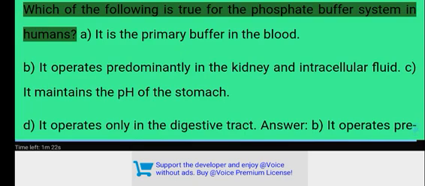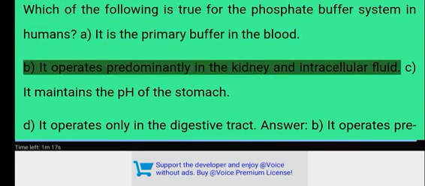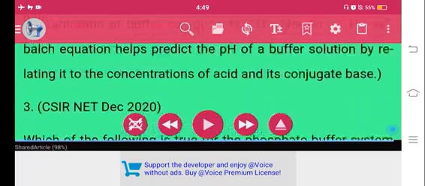3. CSIR NET December 2020. Which of the following is true for the phosphate buffer system in humans? A. It is the primary buffer in the blood. B. It operates predominantly in the kidney and intracellular fluid. C. It maintains the